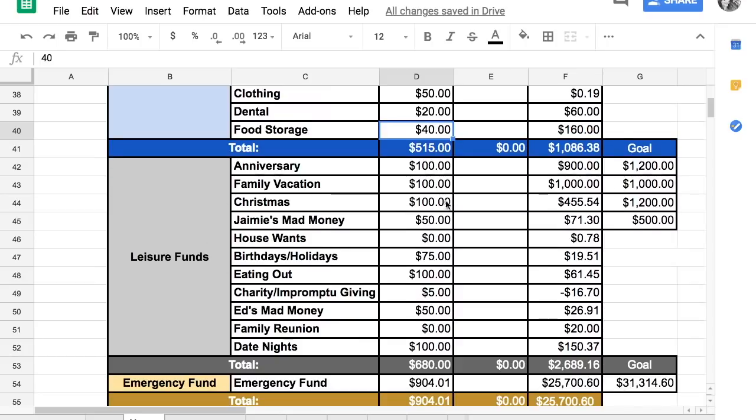And then our leisure funds, we still will contribute to our anniversary and our family vacation. Even though we've met our goal with our family vacation, we're going to build up a little bit more because we have some exciting news about our family vacation. We decided we're going to save up a little bit more, so I'm going to increase our savings goal to be $1,200. And we won't be going on our family vacation until February, so hopefully we can put in some